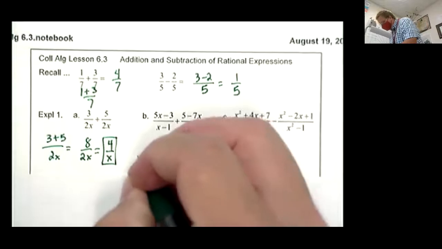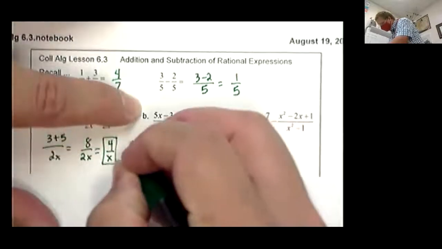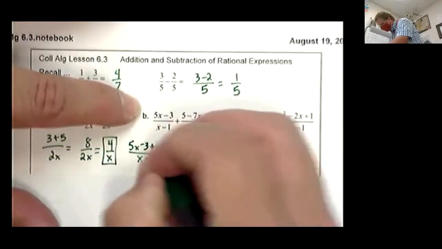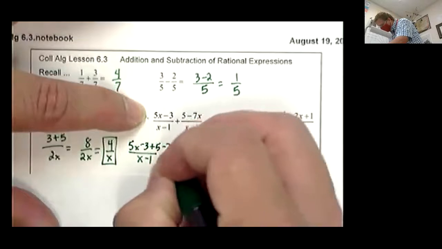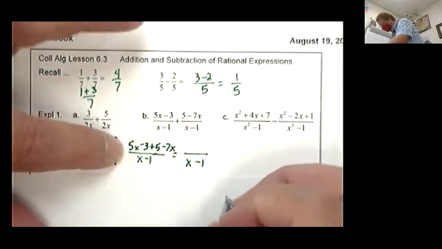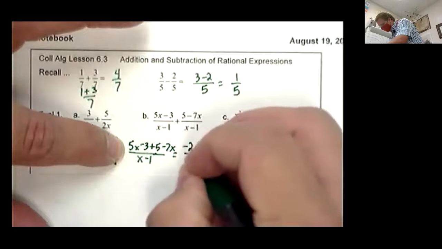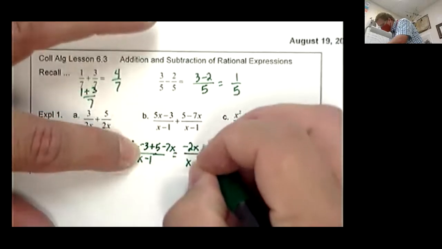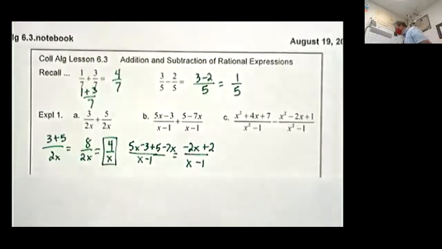Letter B, same thing, over x minus 1. This becomes then 5x minus 3 plus 5 minus 7x. If you want to do that all at one time, you probably could. 5x minus 7x is minus 2x. Negative 3 plus 5 is plus 2. And